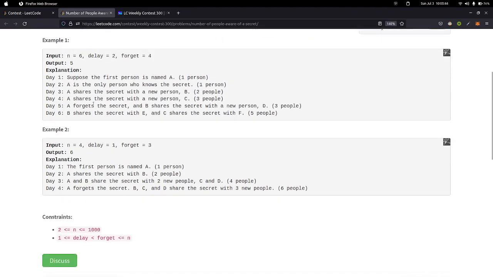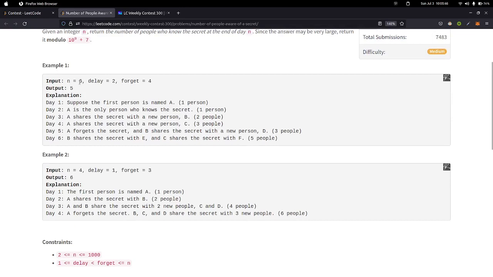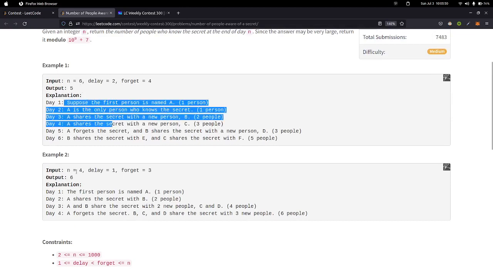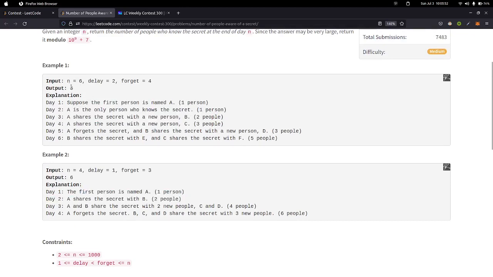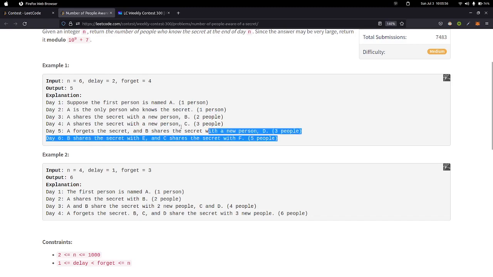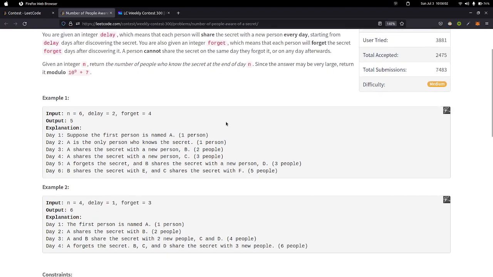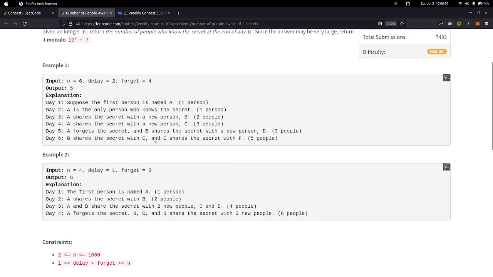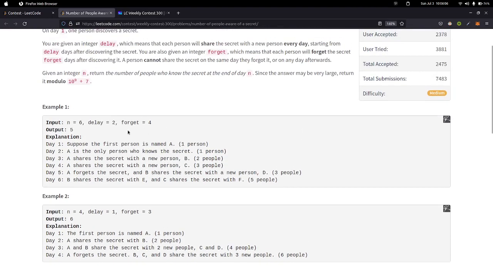So yeah, the first case, the example is very obvious. Even the second case is very obvious. But doing it with pen and paper, only after that I was able to come up with the correct solution without implementation errors. Yeah, the only thing that matters here is you need to know who knows